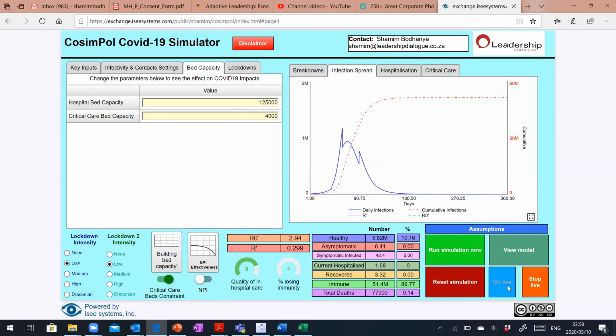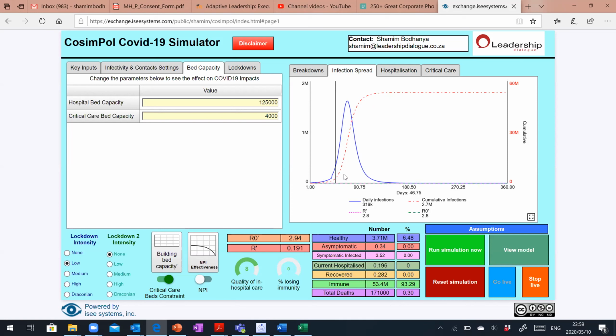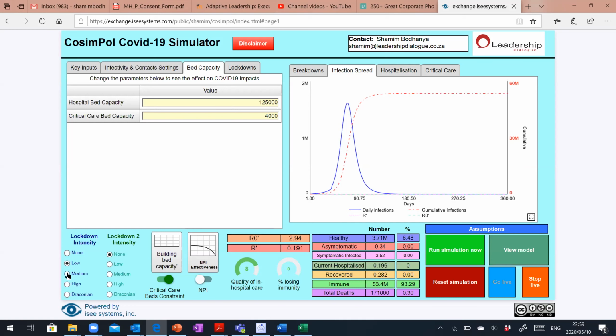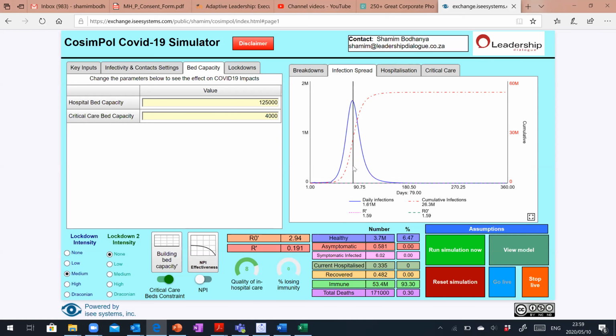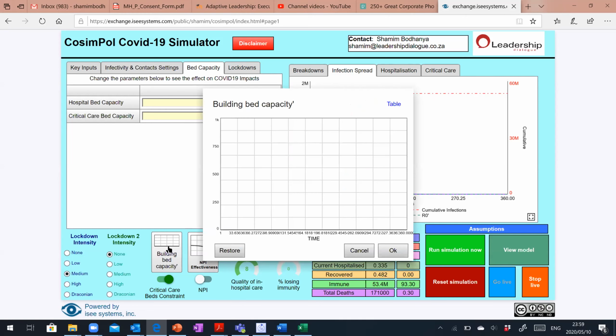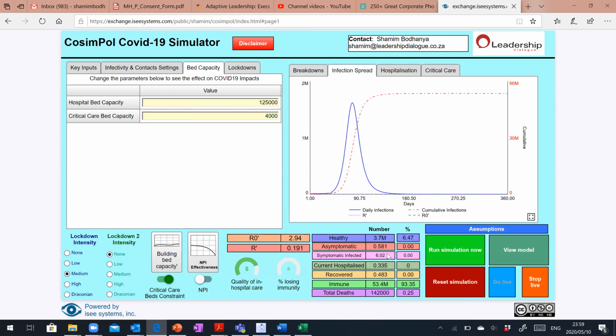Let's go live. So we could go to lockdown 1. Let's remove lockdown 2. So what we've done is we've moved it to day 69 from day 50 odd. We go to a medium lockdown, it phase shifts it more. So that gives us probably, from the base case, roughly another 2 months to be able to ramp up bed capacity. So you would then do a combination of lockdowns and bed capacity to be able to look at the impacts. And so on, and that's how one would explore a range of scenarios